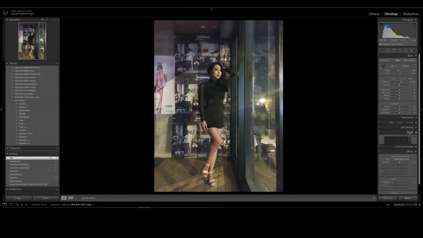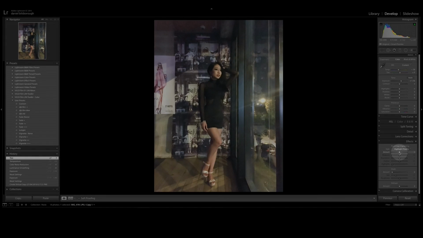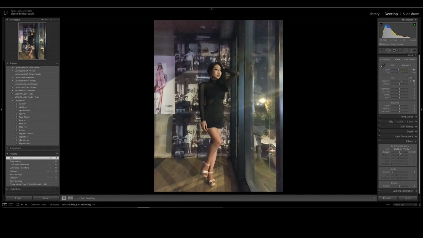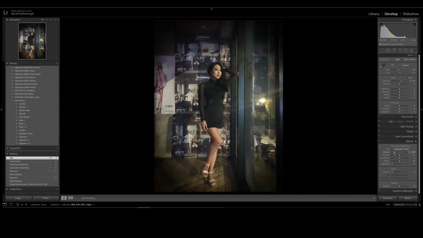I'm going to go down now to Effects. I'm going to be using the vignette. I'm not usually a big fan of the vignette, but this one actually works really well in this image. So let's decrease the post-crop vignetting, and you'll notice how it draws your eye into the subject, being Rosie. And that's what we want. We want to eliminate distractions, simplify the image, and draw the viewer's eye into the subject as much as possible. So we, as the photographer, as the development person, want to control what the viewer's eye